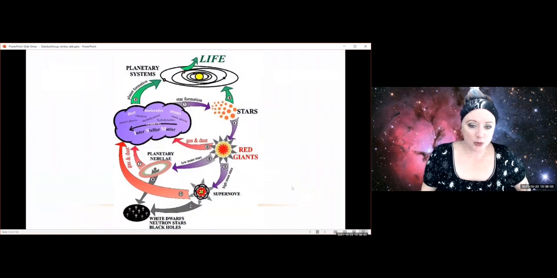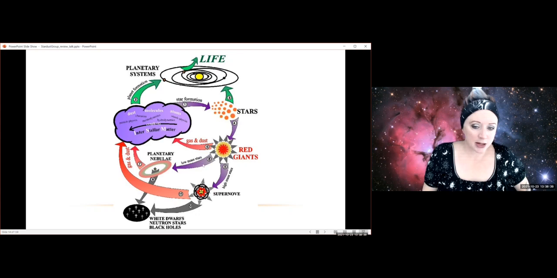This is a slightly more complex version of the same idea. So if we start from the interstellar medium here, so this would be a dark cloud, we've got stars forming, and it also forms planets. And so that's where we've got this planetary system. The stars, when they die, and we're going to get into this in a future video, become red giants. They throw material back out into space. Some of them just throw it straight back into space. Some of them become planetary nebulae and then throw stuff back into space. And some of them will explode as supernovae and leave behind some interesting corpses. But this is basically the system that we're interested in.